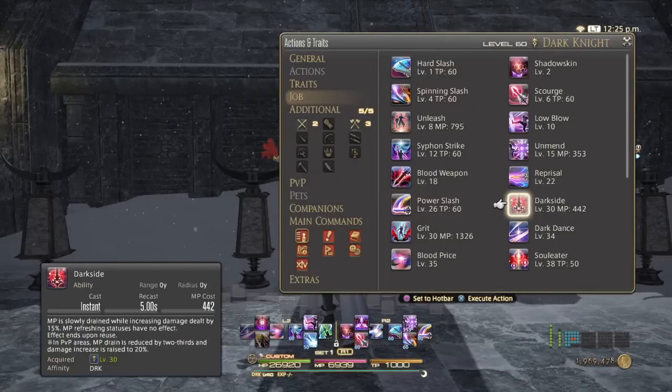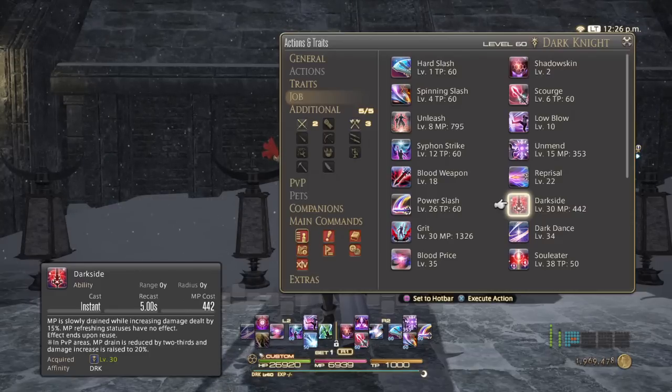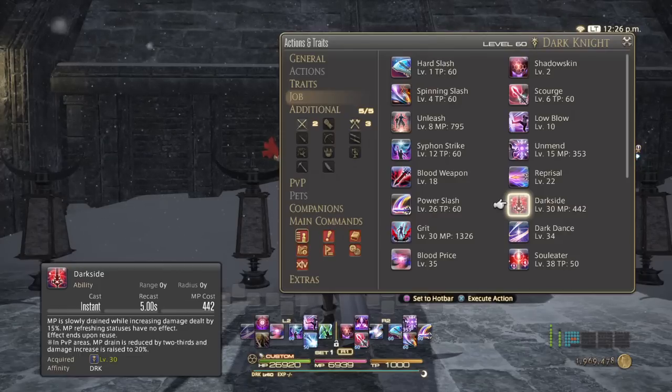At level 30, you get Dark Side. It costs 442 MP to activate. It has a 5-second recast, so you can't just immediately turn it back off. And this is one of the skills that is most important to Dark Knight. If you are level 30 and above, you should be in Dark Side, and you should try to never let